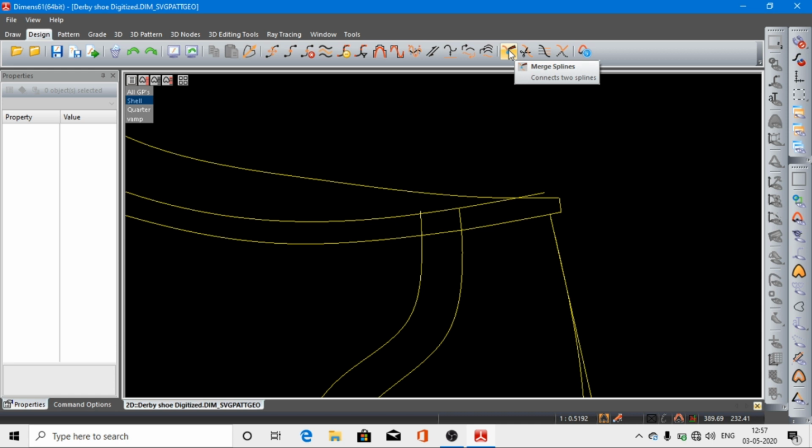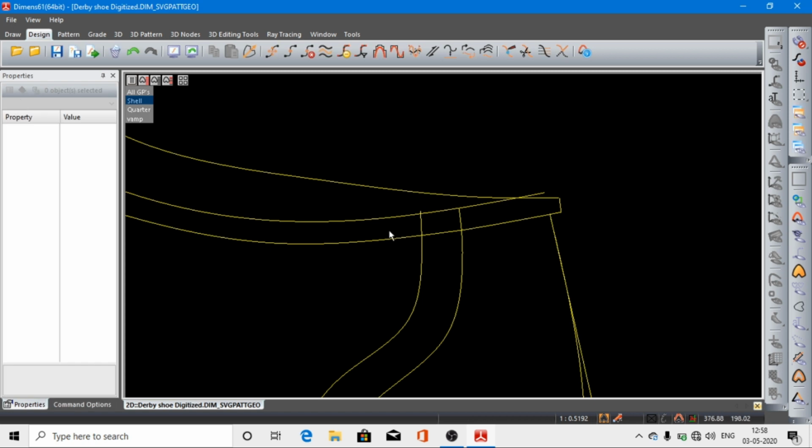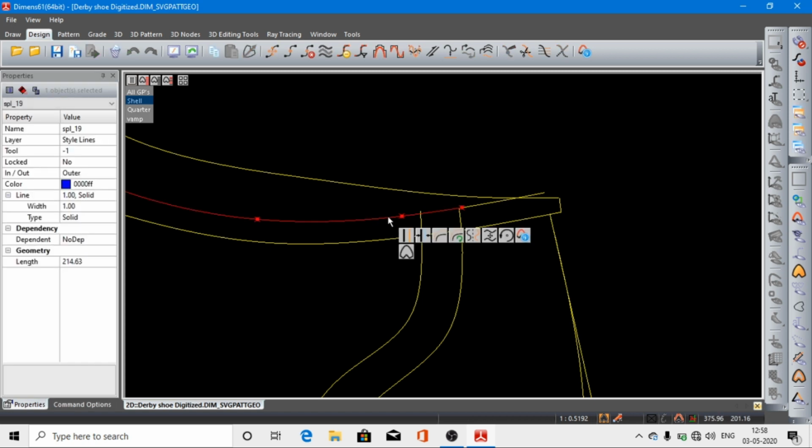Then left click over here, merge splines. You will left click over here, and then you have to select this line and this line, and then you will do OK. Now you will see, if you left click over here and then over here,